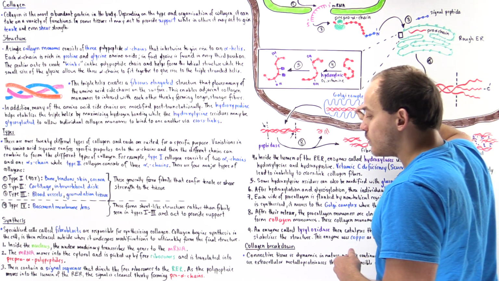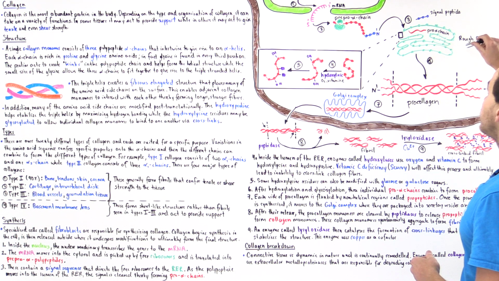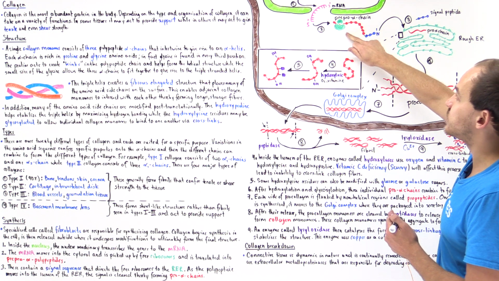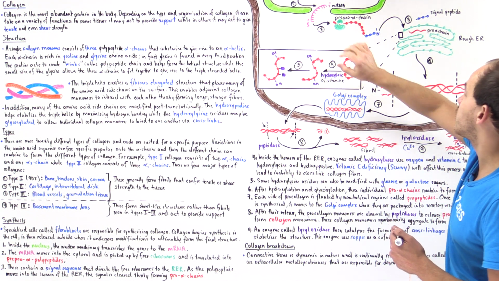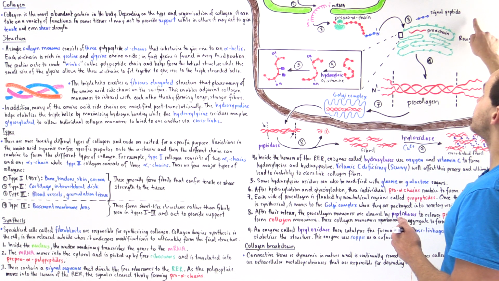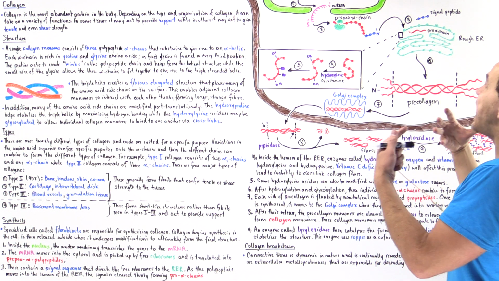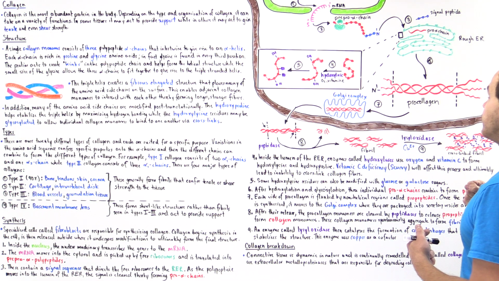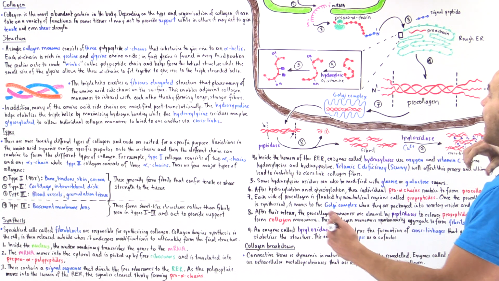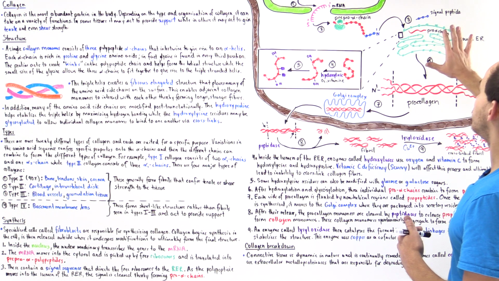And this signal sequence peptide is used to direct this polypeptide to the rough endoplasmic reticulum. Now, when the entire free ribosome with this translating polypeptide and the mRNA ends up being transported to the rough endoplasmic reticulum because of this signal peptide, the signal sequence peptide is cleaved by an enzyme, and that forms the pro-alpha chain. So we remove the blue component, the signal peptide, and we form the pro-alpha chain. And we have many of these pro-alpha chains being formed at the same time within the lumen of the rough